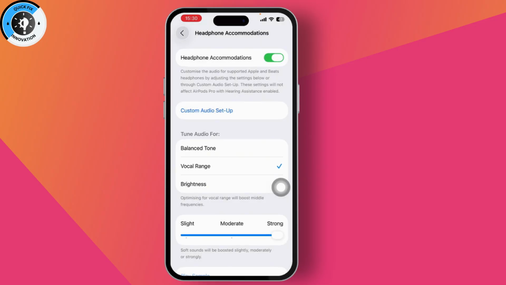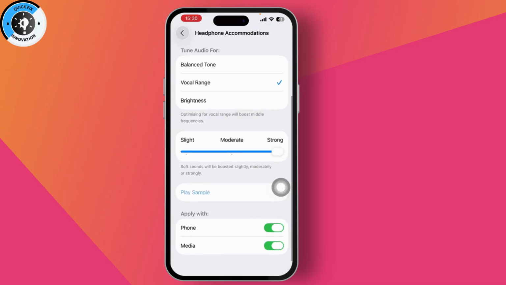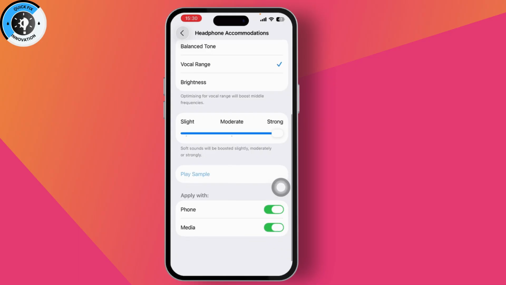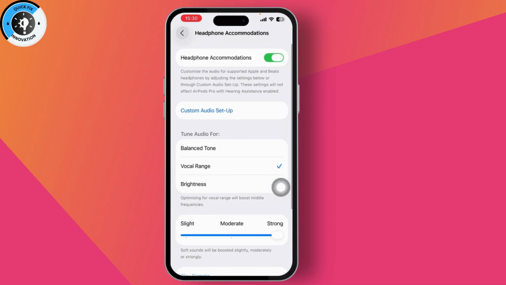Alternatively, you can manually adjust the tone audio between balanced, vocal range, or brightness for your audio preference. You can use the slider to increase or decrease the sound level. By following these steps, you can enable voice isolation and enjoy clear calls